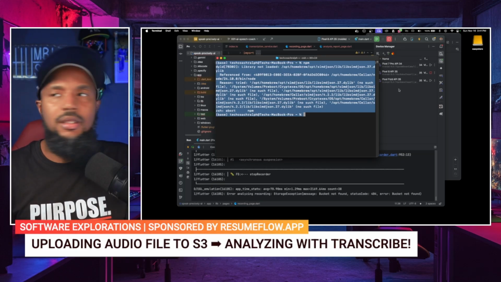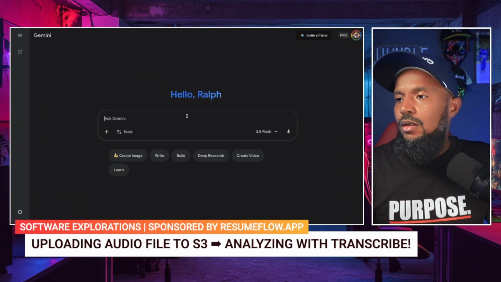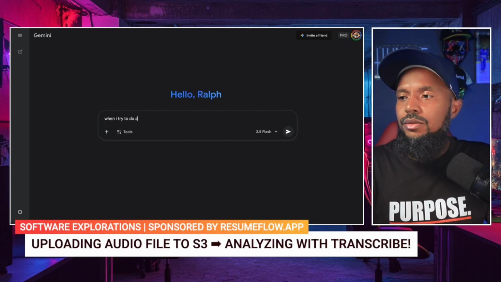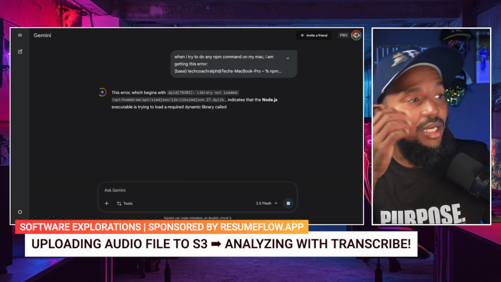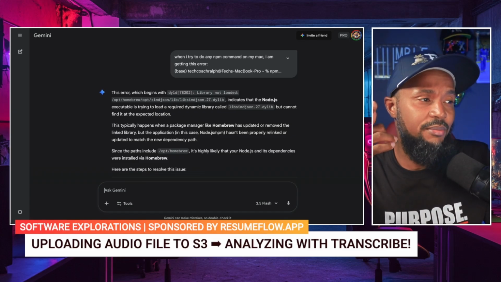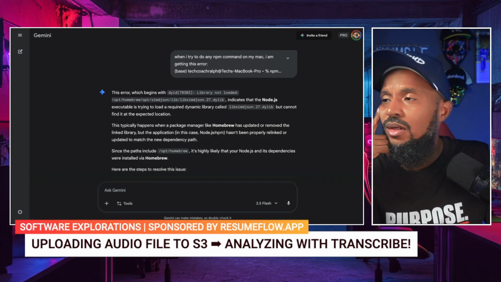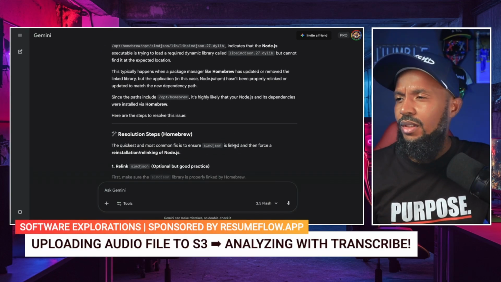All right, let's copy that, and we're gonna go into this Gemini. When I try to do any npm command on my Mac, I am getting this error. And it's possible that Kilo is expecting npm, and maybe that's why it's not able to start. All right, library not loaded. This happens when a package manager like Homebrew has updated or removed the linked library, but the application still expects it. The path includes,